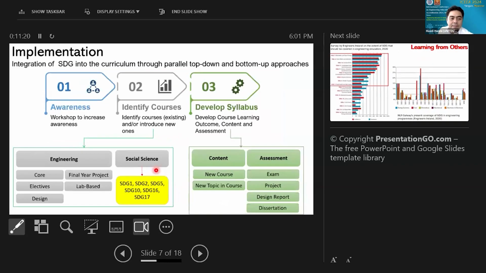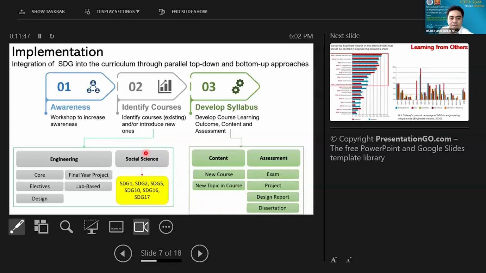For the implementation or integration of SDGs into the curriculum, through parallel, top-down and bottom-up approaches, it can be divided into three. You have to start with awareness. This is very, very important. Probably some workshop would be good to set the scene so that all members of the academic staff are aware.